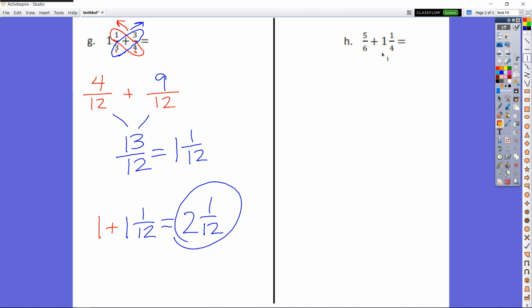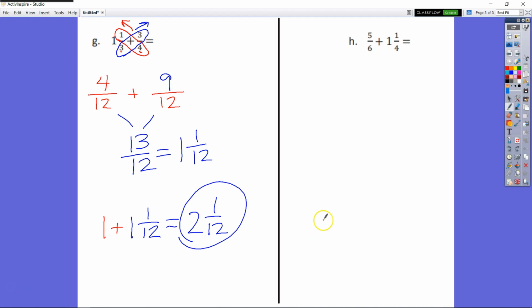Let's take a look at H here. So now, same thing, I'm just going to bring my whole down and say, if I cross multiply, I have 4 times 5 flowing this way. And before I do that, let's multiply our denominators here. When we multiply our denominators, we say 6 times 4 is 24. We're going to have 4 times 5, since we want to flow from the bottom up. 4 times 5 is 20 plus 6